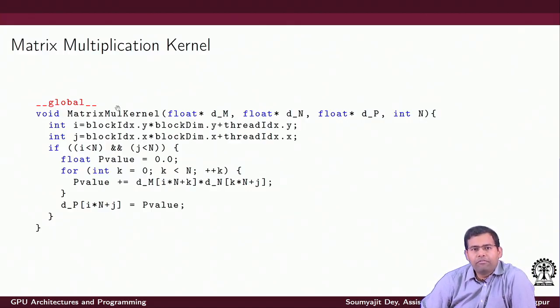So what do we really have? For I, I have got one thread. That thread has a specific block ID and a specific thread ID, right? So if I do blockIdx.y times blockDim.y plus threadIdx.y, then I get an I value, and this I value is denoting a row of the operand matrix 1, that is M, or here the device side is DM.